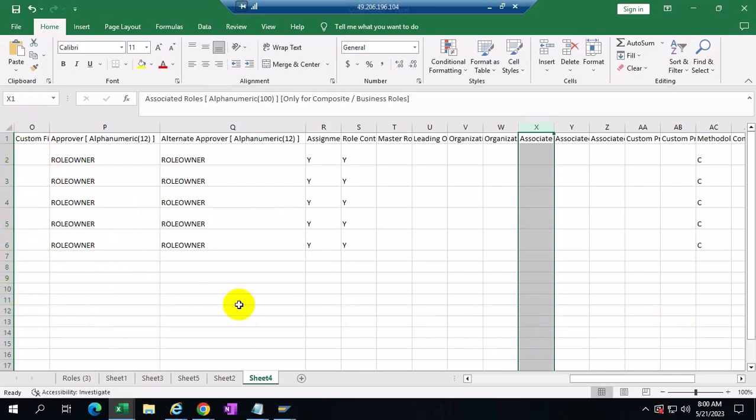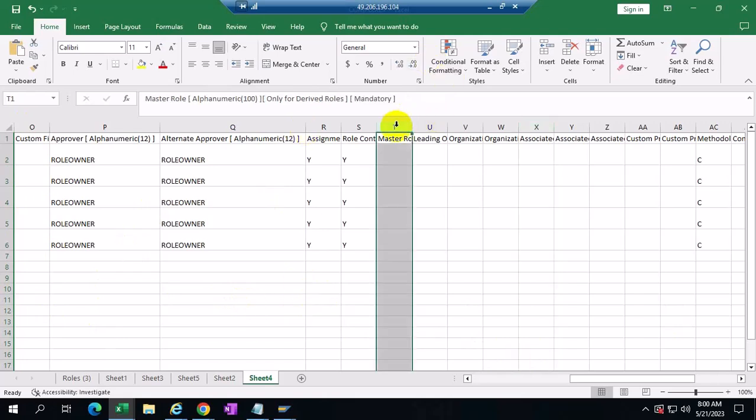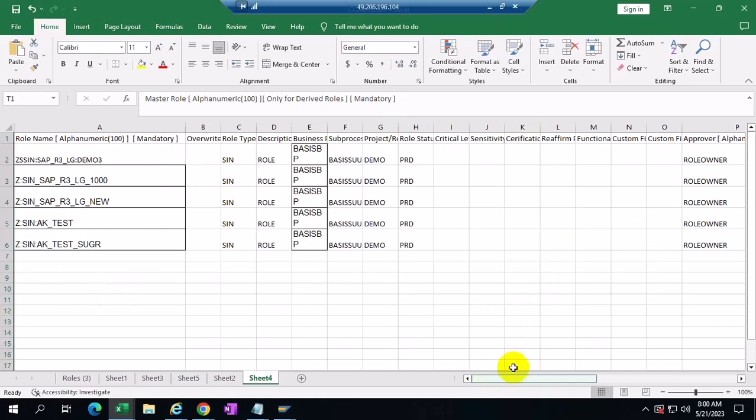Similarly, for the master roles, we'll check column T, whether all the master roles and associated single roles exist in the single role file. Then derived roles, and in case of any composite roles, associated roles like single role and composite role combinations, right? So we'll validate the associated information first,